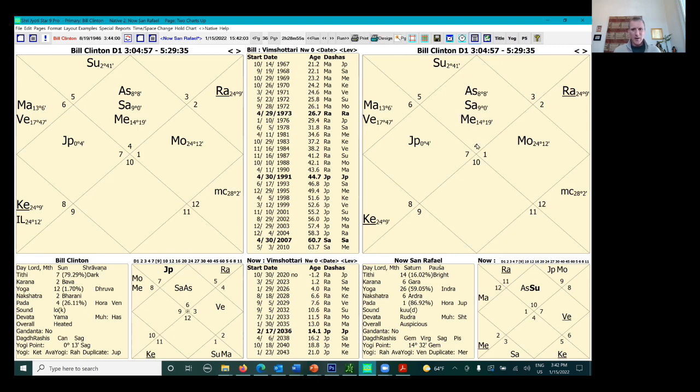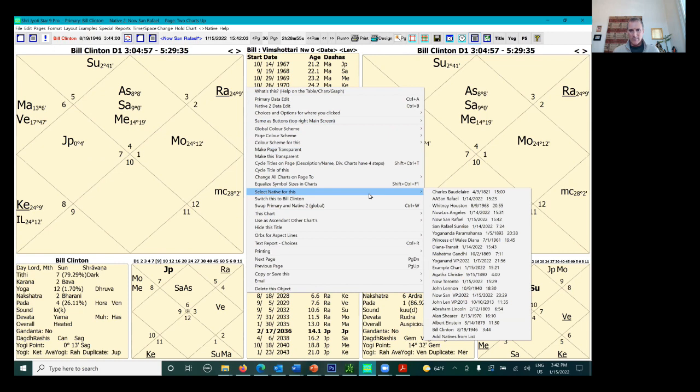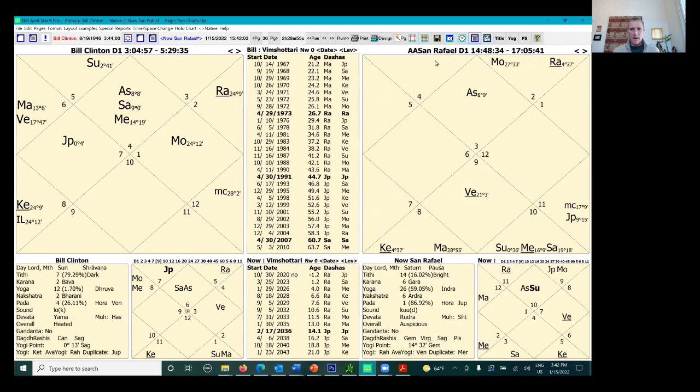How do I solve that problem? Well, I right-click on it. At any time, you can always change a chart's native. I right-click, and I come down in here, and it says select native for this. And I can come down and pick San Rafael again, and now it's back to being, of course, I could have come up to this menu and just gone through the back end, but the right-click was an easy way to do that. All right,